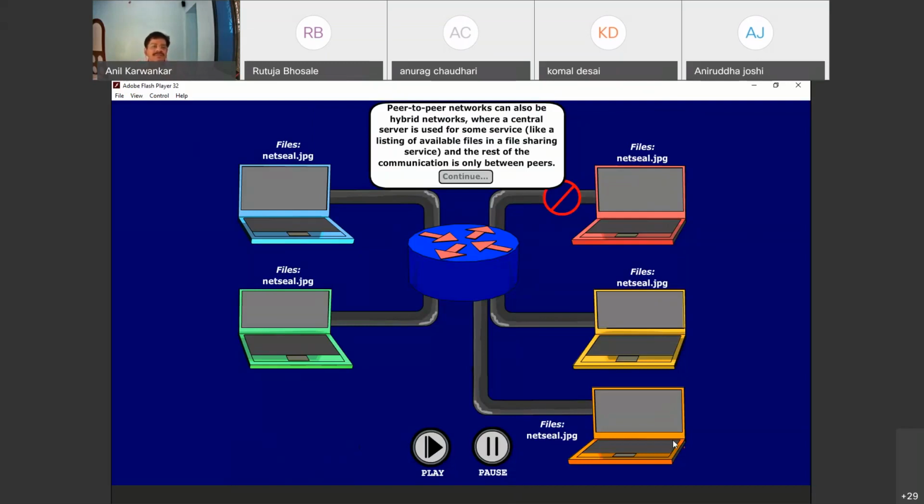For the orange terminal, the file is available on all. If the path between the orange terminal and the red terminal is the shortest path, the red terminal provides it, but if it fails, then the rest of the communication in the entire network is possible, and that's how the P2P protocol works.